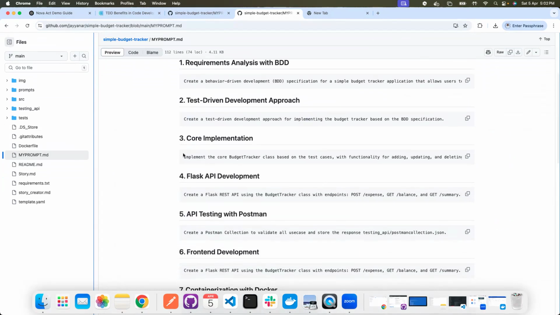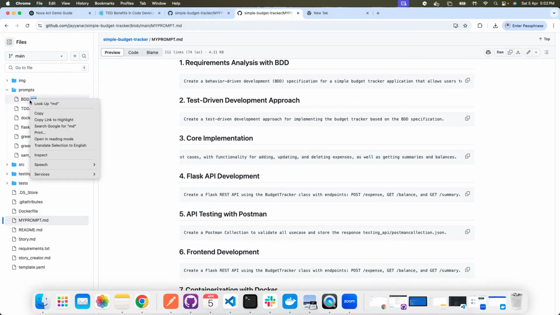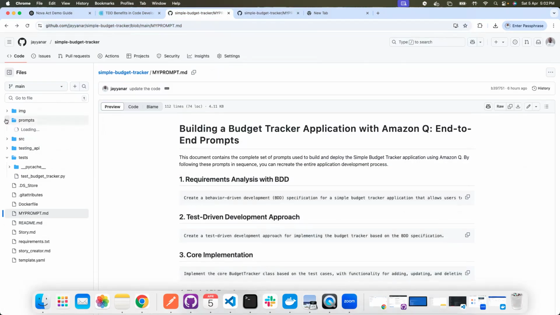So then I said, implement the core budget tracker class. First, I want to deploy only that particular class with the functionality of adding and deleting. At the same time, when I'm doing the implementation, all the responses we are getting, I started documenting here. So if you go here to these prompts,